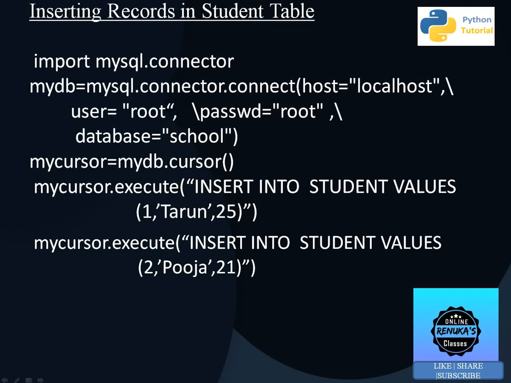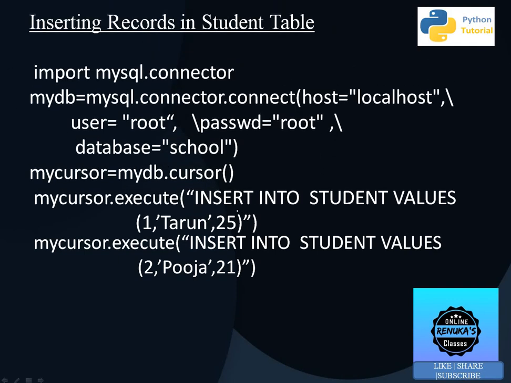Next is how to insert. Now the table is created. Suppose we want to insert values in that particular table. So again import the connector, maintain a connection, create a cursor object, and that cursor object will execute the SQL command. For each record you enter, you have to give the execute command that many times. As many records as you want to enter, you give the execute command that many times, and after that you can see the table to check whether all these records are added or not.